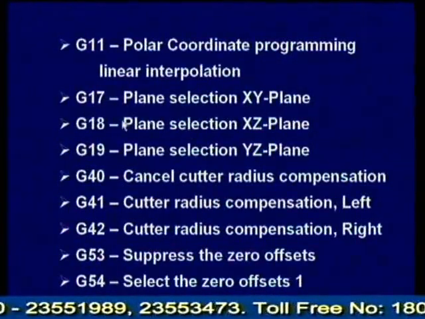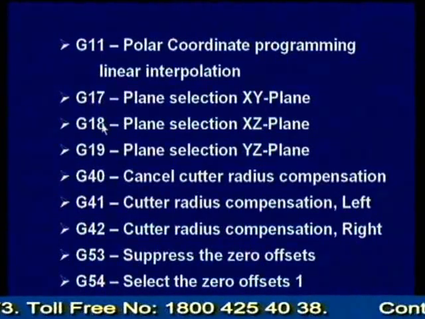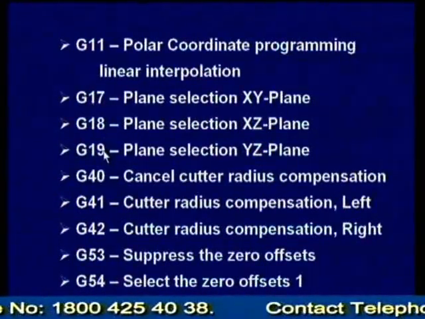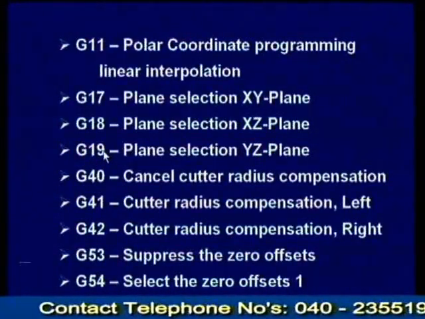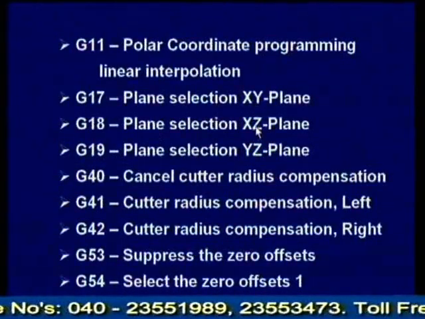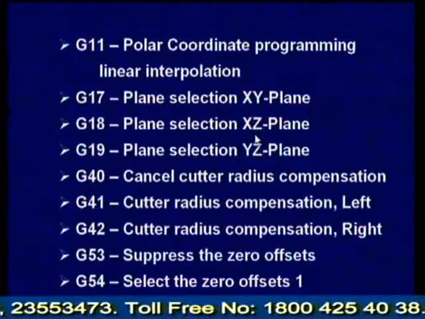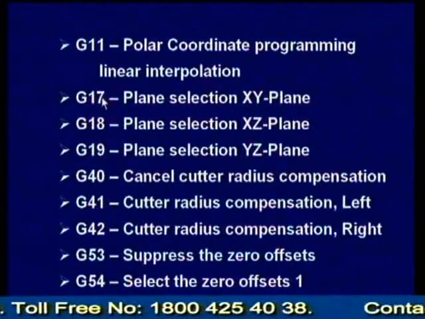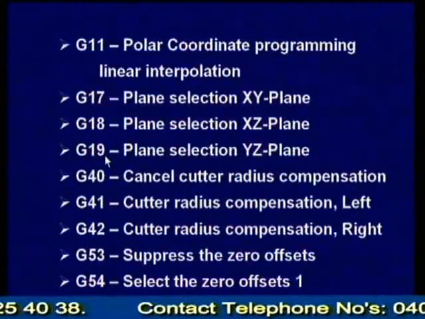Here, if you observe the preparatory codes like G17, G18 and G19, they are used in drilling and milling machines. In a milling machine we have three planes: XY, YZ and XZ. On which plane the cutting tool has to move is denoted with these three preparatory functions G17, 18 and 19.